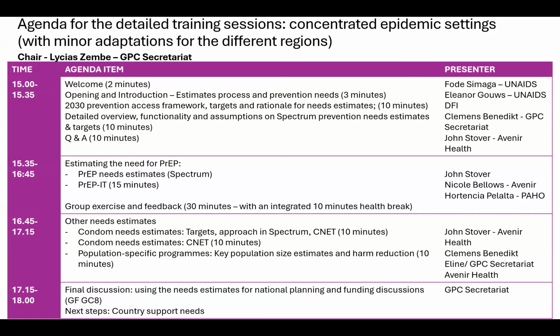Then we are going to also look at condom as part of other needs estimates. We have condom as it is done in Spectrum, as well as it is done with a standalone tool called CNET. We are going to look at other estimates, looking into key population size estimates, which our colleague Elaine from the Data for Impact team is going to provide us a quick overview on. After that, we have some time to have some reflections of all these discussions, and they are linked to the Global Fund GC8